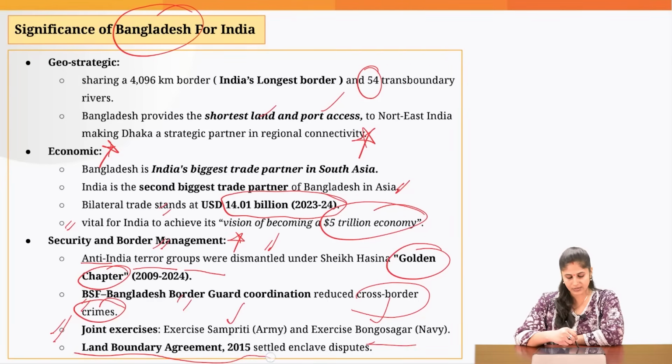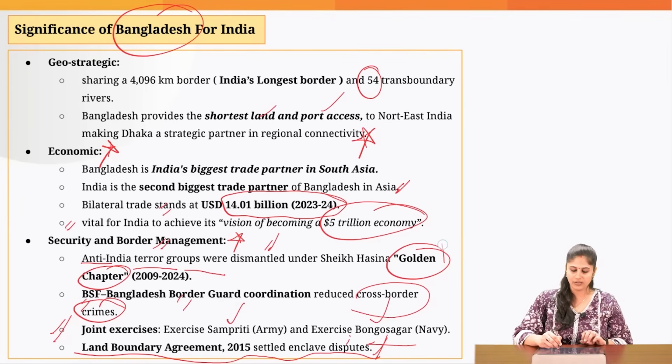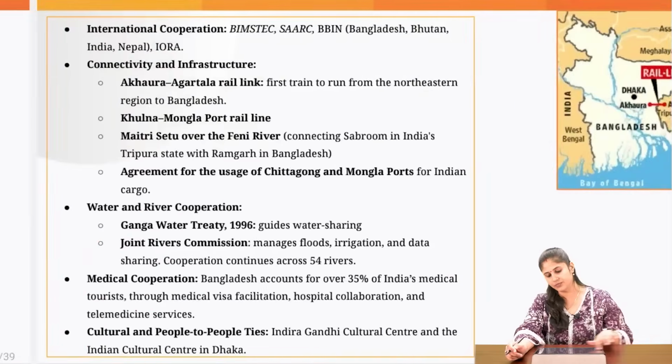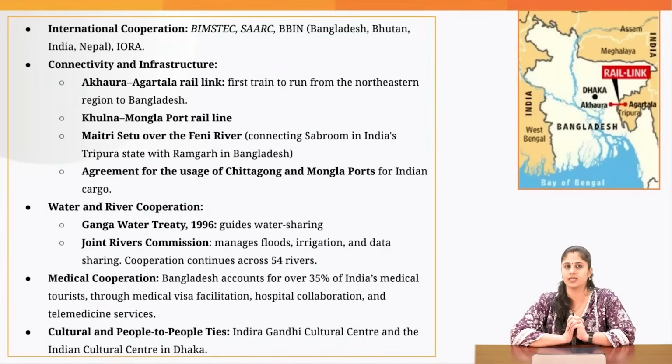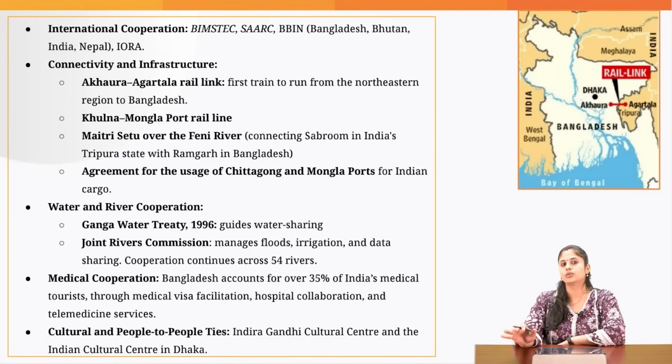And in 2015, we successfully signed the land boundary agreement and we settled the disputed lands. And this was again done during the tenure of Sheikh Hasina, which was the golden chapter when it comes to India-Bangladesh relations. The two countries also share international forums: BIMSTEC, SAARC, BBIN, that is Bangladesh, Bhutan, India, Nepal, and the Indian Ocean Rim Association. The two countries have signed various connectivity projects, for example,